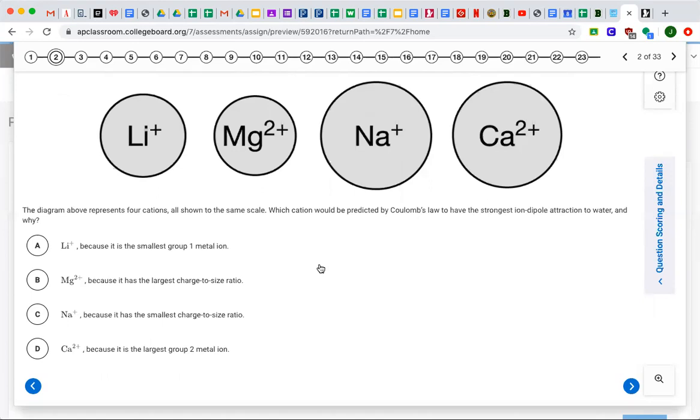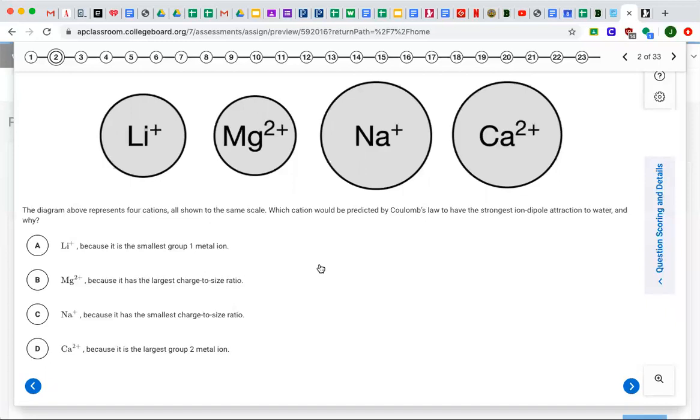So, let me see, I have here selected sodium, and my reasoning for that is because it's period 3, if I'm not mistaken, and so it's going to have the greatest electron shielding, meaning that its valence electron is going to be the most free to move about and interact. But it's also the closest to noble gas configuration, so that it only has to lose one electron instead of